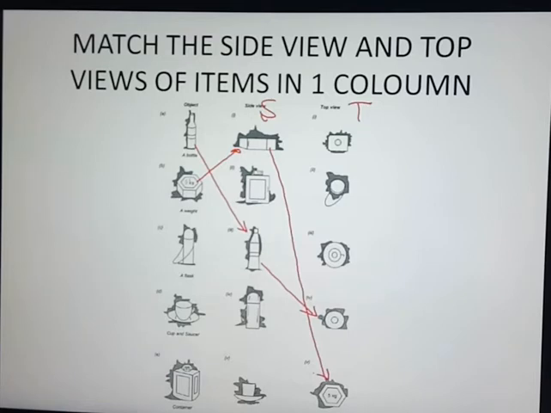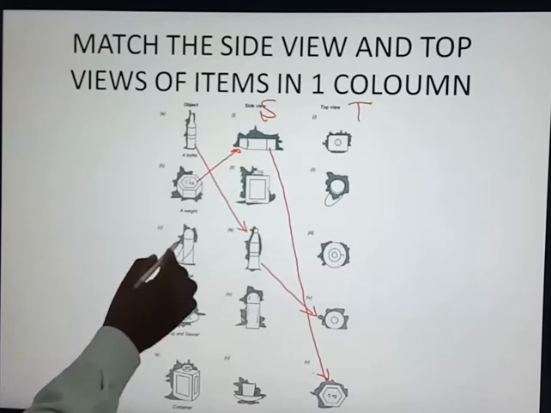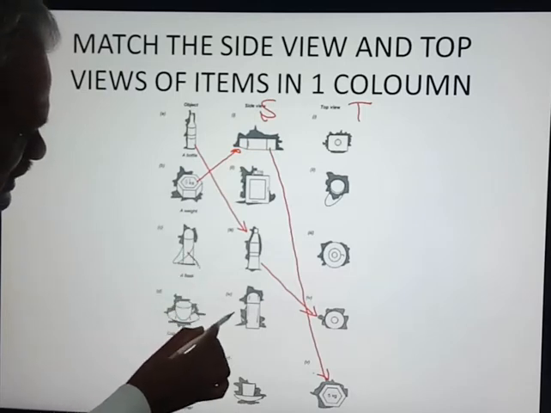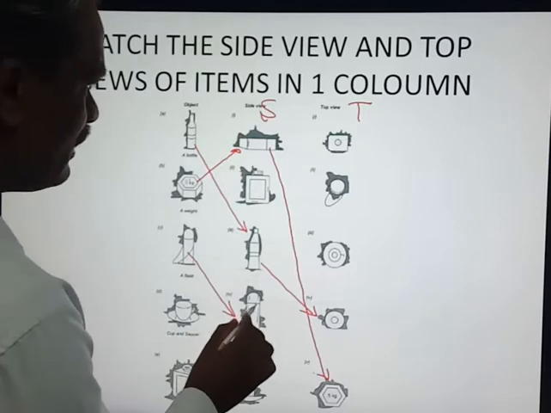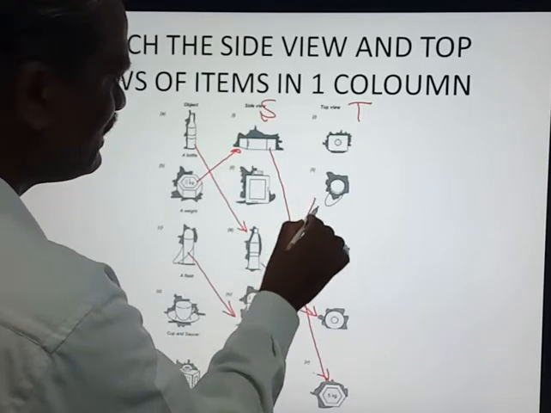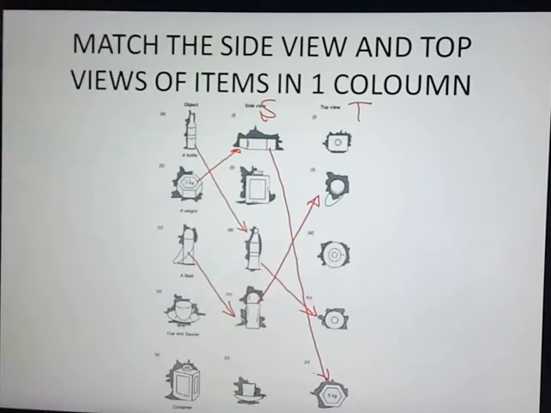Okay. So next, here is a flask, water flask. When you look at this from this side, this is the shape you will get. One rectangle and a semicircle at the top. And the top view will be this one, second one. This is the top view. Second option is the top view.